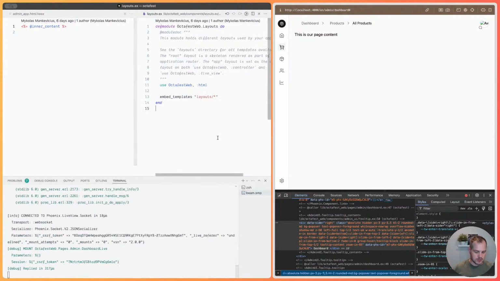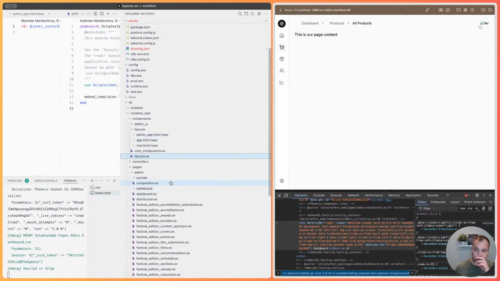Let's have, anyways, let's do this now. I don't want this to be so blatant, but this is nice. Very good. So layouts,